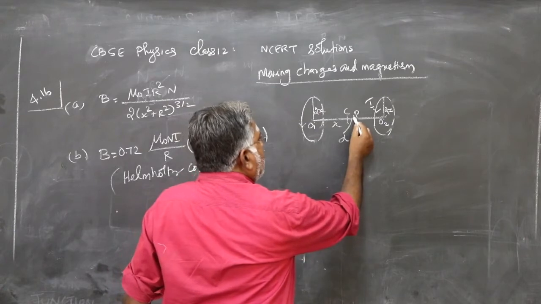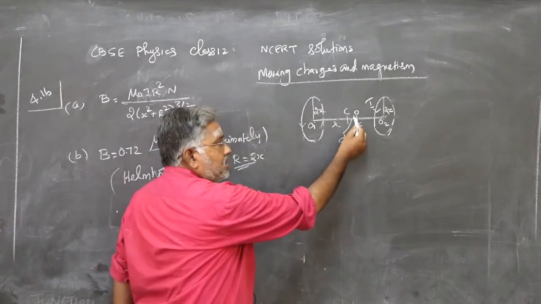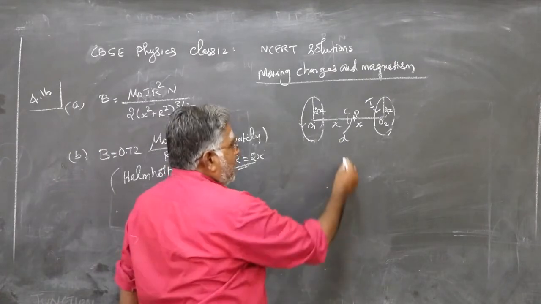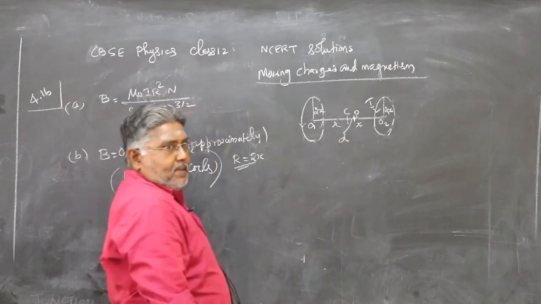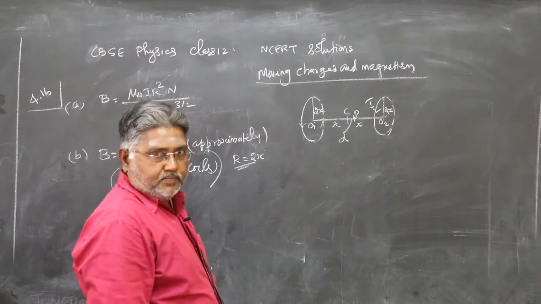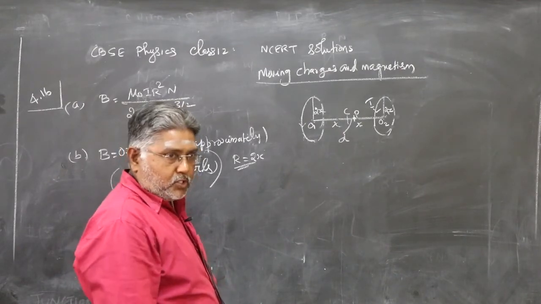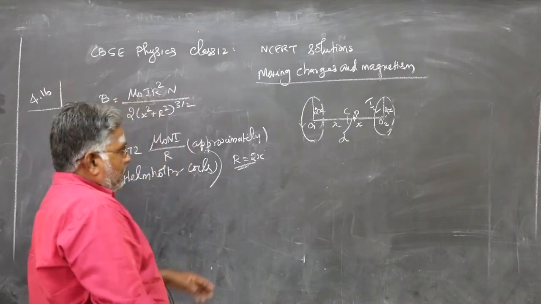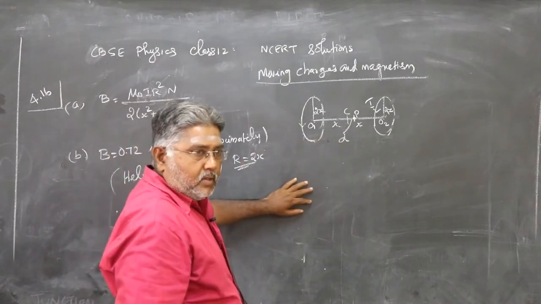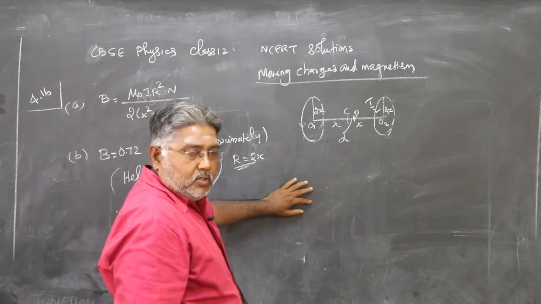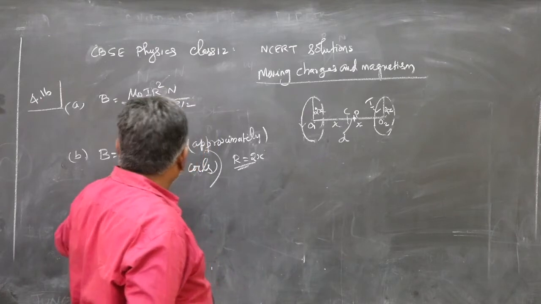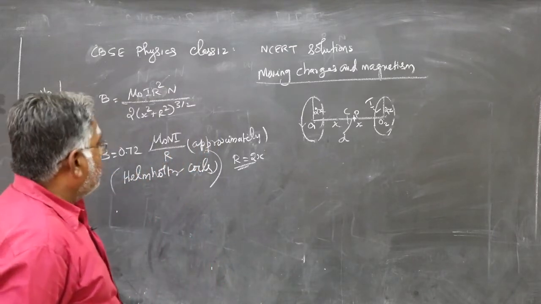And you consider a point P here close to C at a very, very small distance, say d. CP is d, very small. That's what the question says. The question says for points close to C, the magnetic field is constant, given by 0.72 mu naught Ni by 2R.